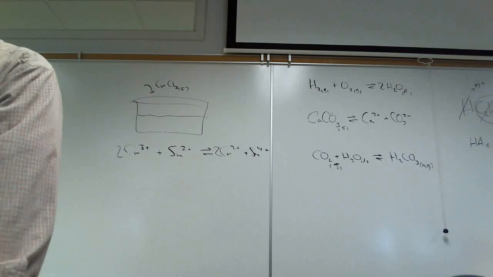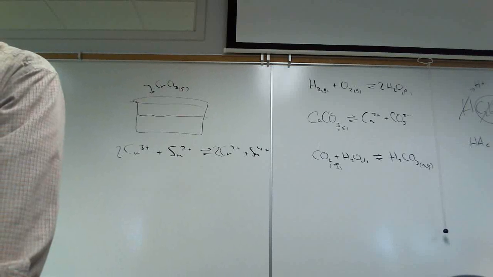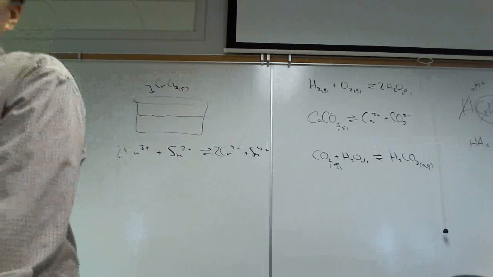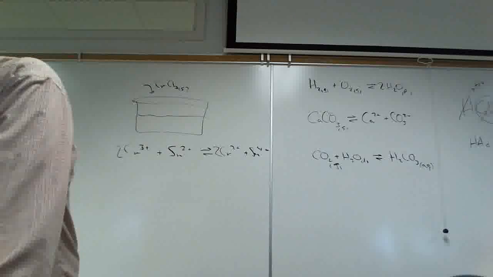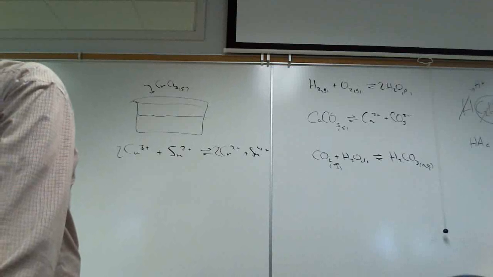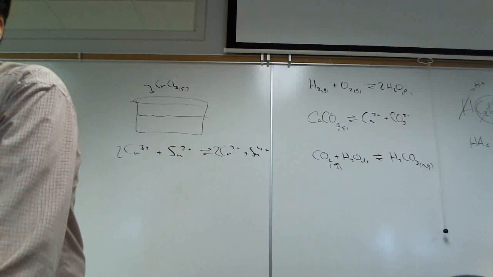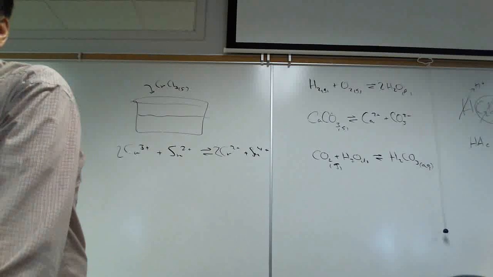Looking at number 12. Which solution below is expected to behave least ideally? They have 6 molar hydrochloric acid and 0.100 molar hydrobromic acid. All right, so the question is, which is expected to behave least ideally: 6 molar HCl or 0.1 molar HBr? 6 molar HCl, because